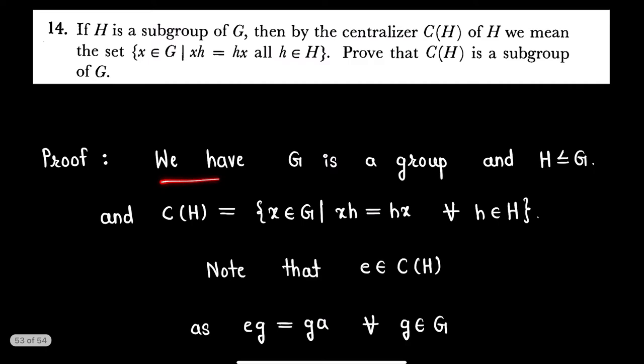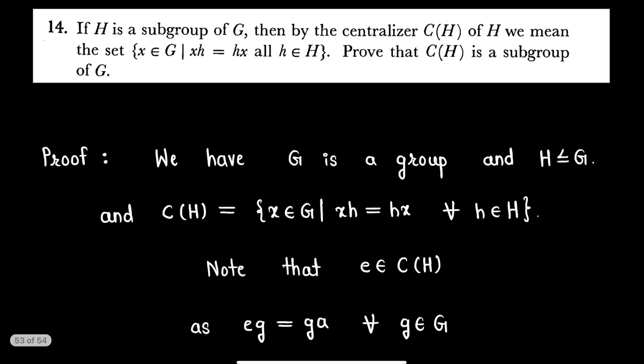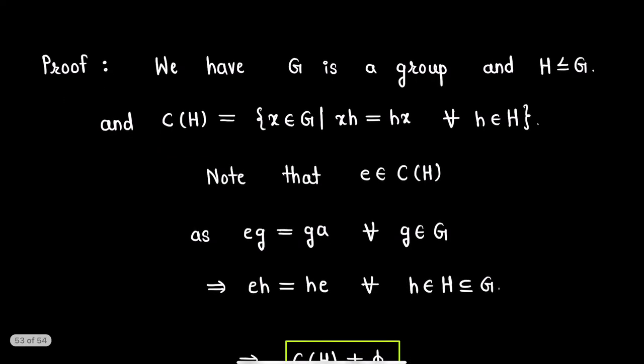Here we have G is a group and H is a subgroup of G, and C(H), that is the centralizer of H, is the set of all those elements x in group G which commute with every element of H. Now to show the centralizer of a subgroup H is a subgroup of G, firstly we will show that the centralizer of subgroup H is non-empty. For this,